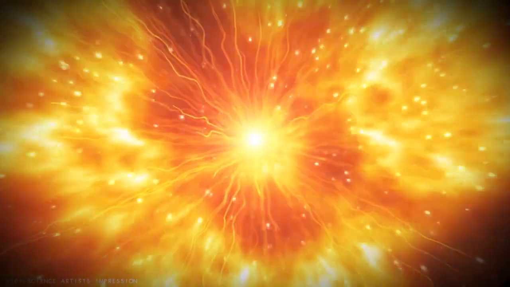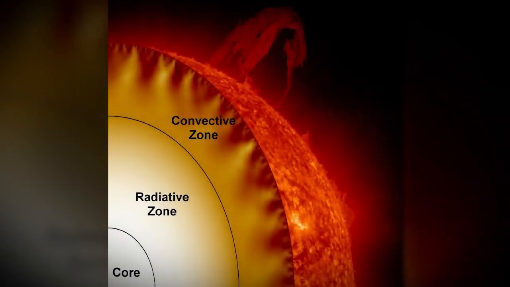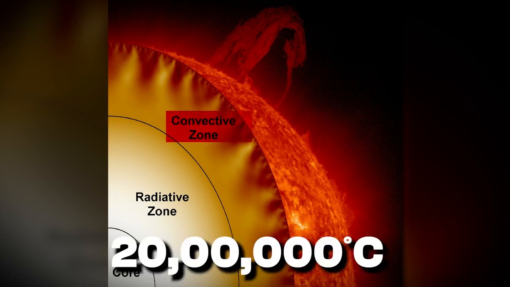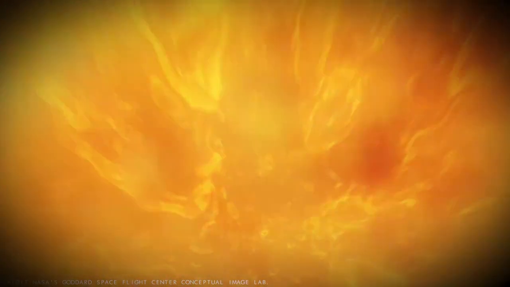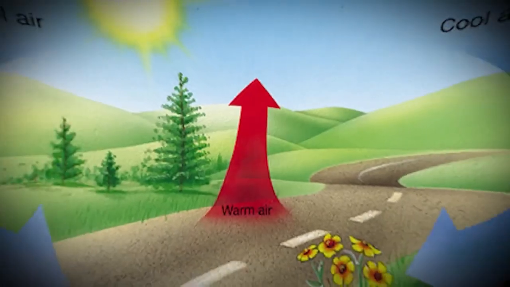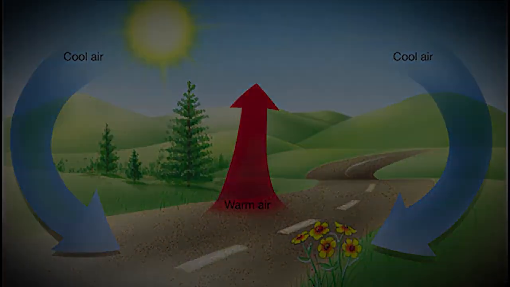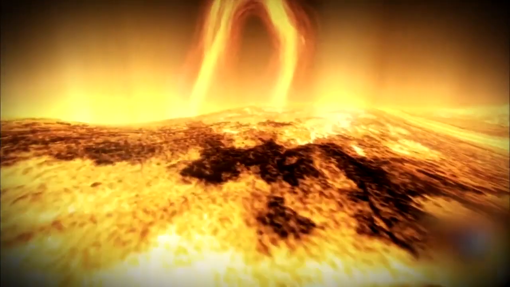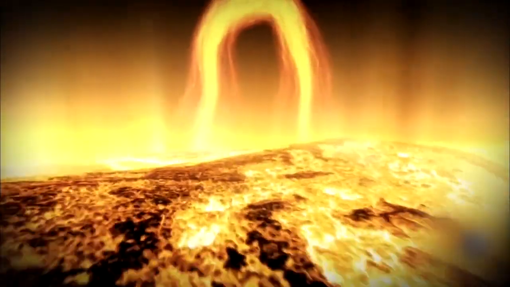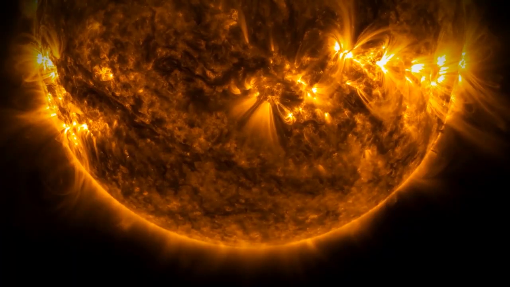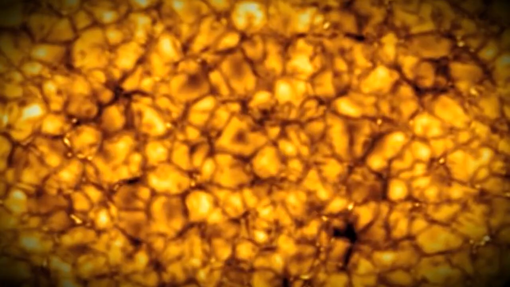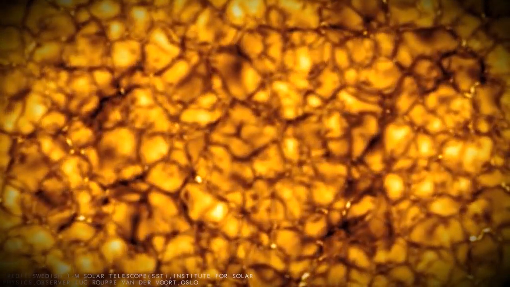This layer is not solid but consists of a vast, 482-kilometer thick plasma layer. It is through this layer that the energy produced in the Sun's core thousands of years ago makes its way out into space and is felt on Earth about 8 minutes later. The temperature of the Sun's photosphere is around 5,500 degrees Celsius. To sum up, when we were discussing the Earth's core having a higher temperature than the Sun,